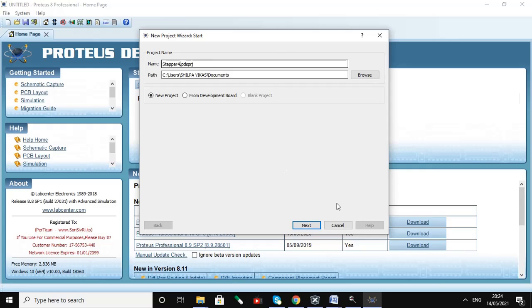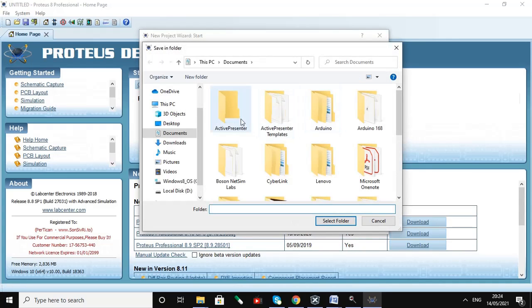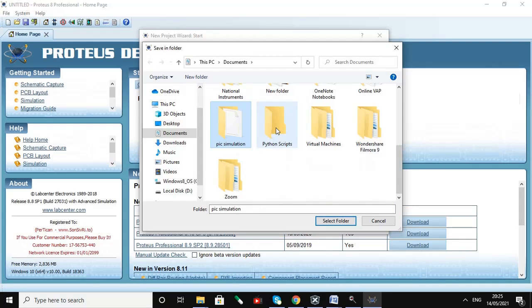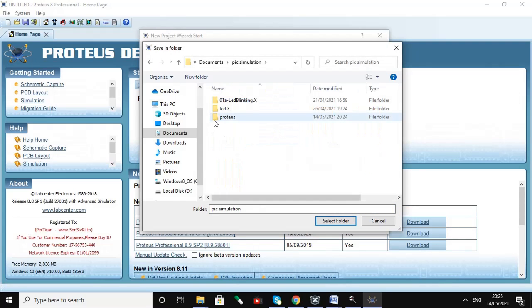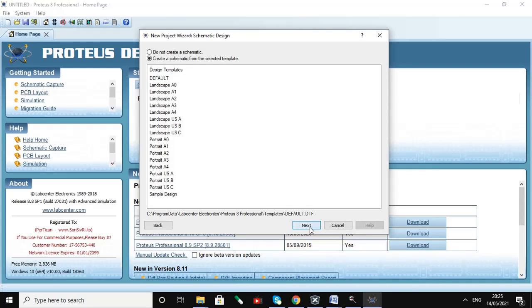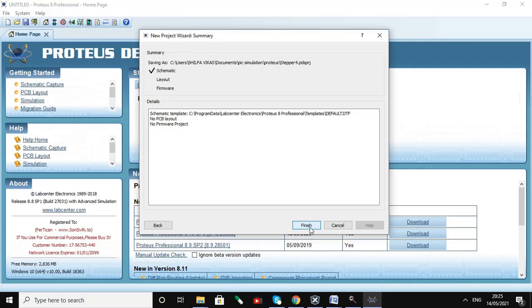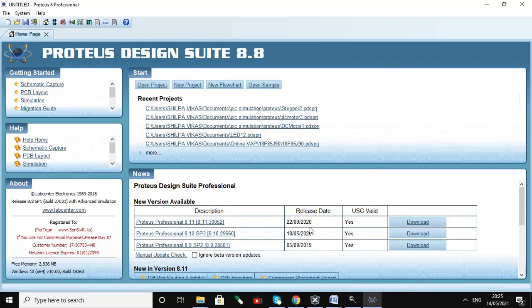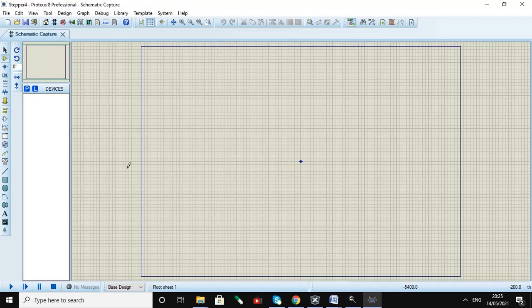Browse to the particular folder where you want to save the simulation. So pick simulation Proteus; we have selected this folder. Then click Next, Next, Next, and Finish. It will build a new project for us.